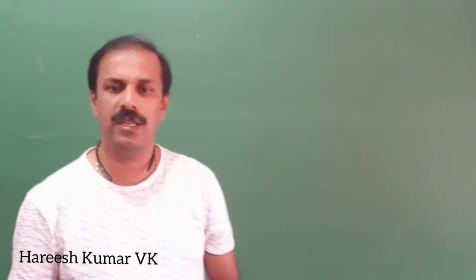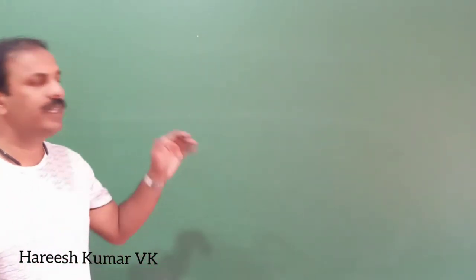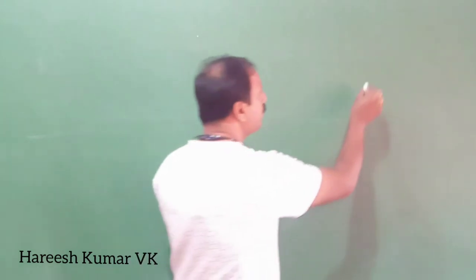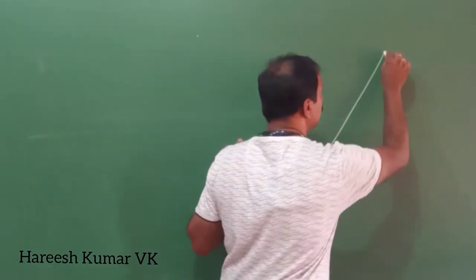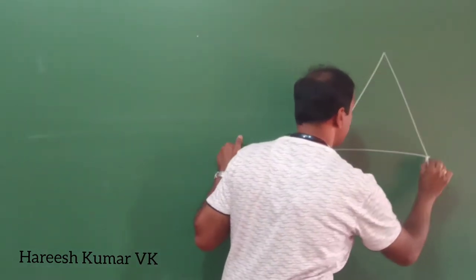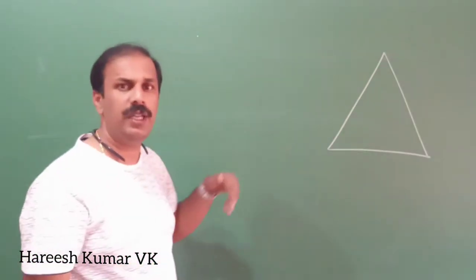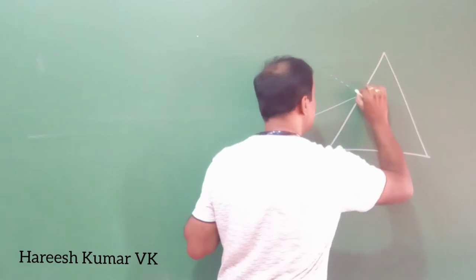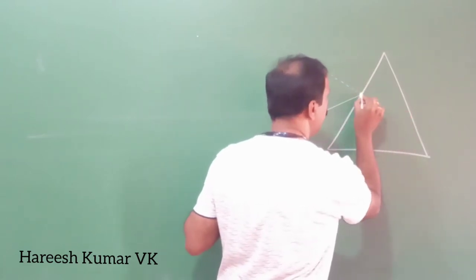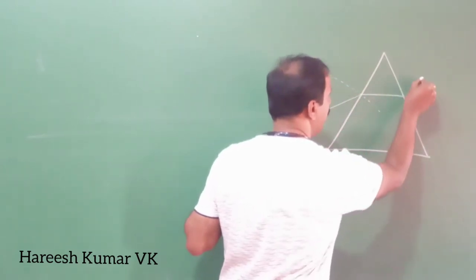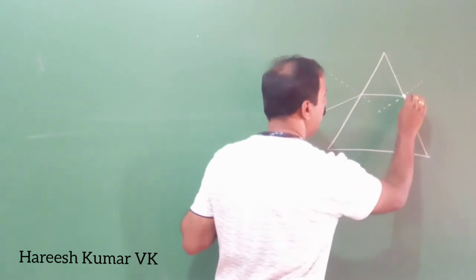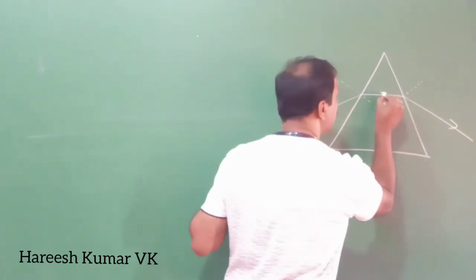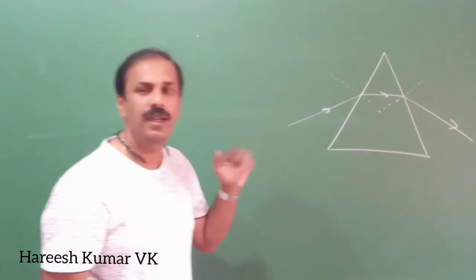When the light is passing through this, the light will get deviated, which you studied in 10th standard itself. So once more we will go to the diagram. The prism is like this. Through this prism, when a ray of light is going, we will take the ray of light like this. It is incident here, it goes like this, and here is another normal. From here it will get deviated like this. This diagram we already did in 10th standard.